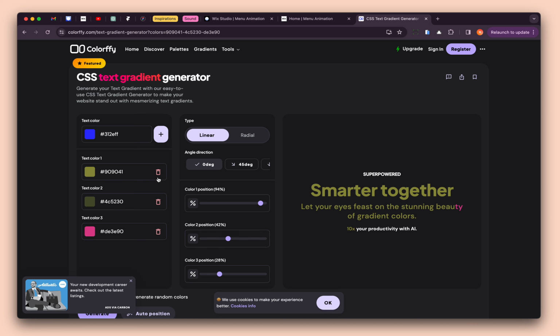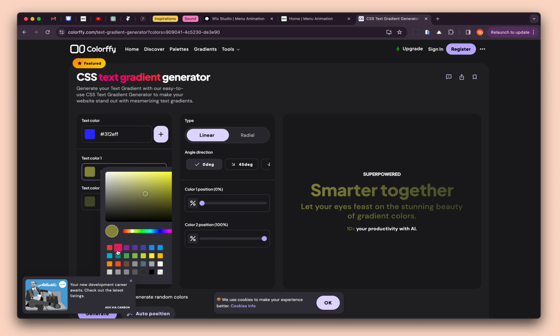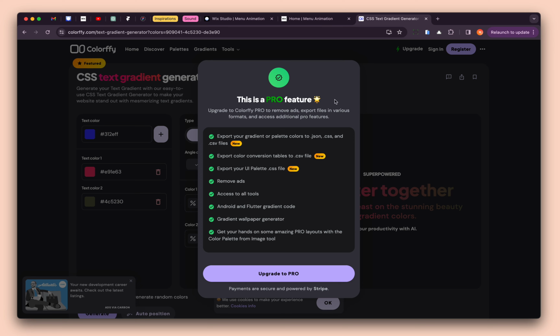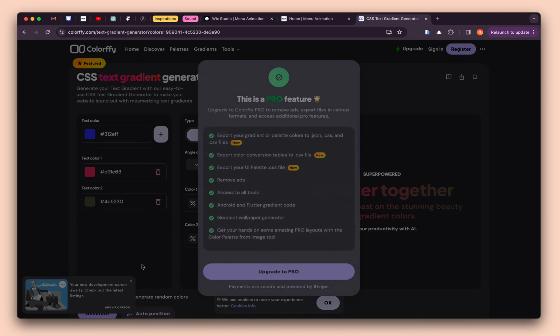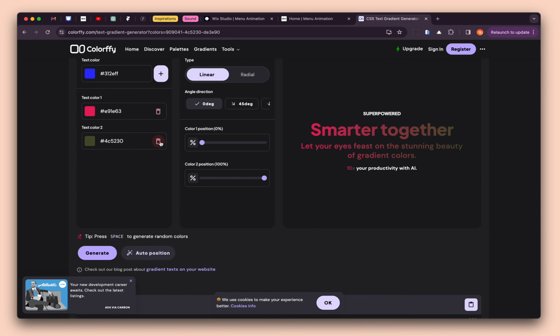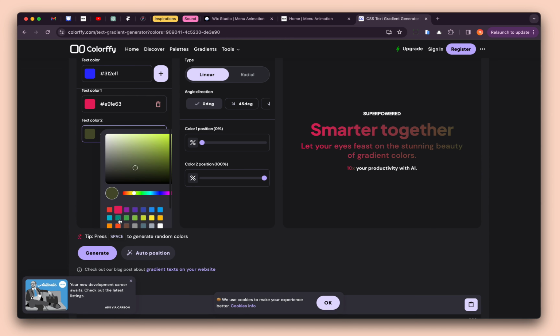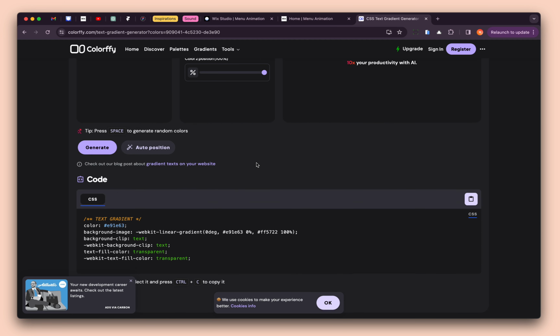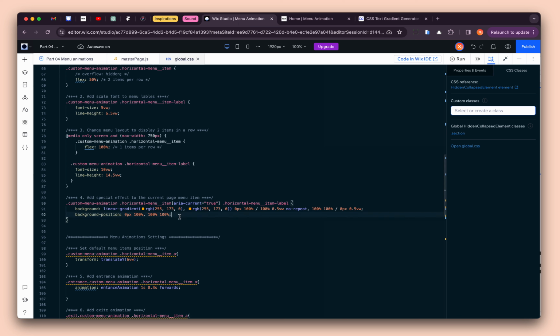You can choose only 2. Let's go with 2. So I want the first one to start at 0, the second one to end on 100, and let's select this pink and this orange. All right, so now all I need to do is to copy this CSS, and then